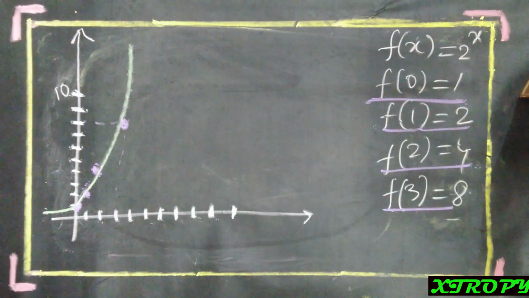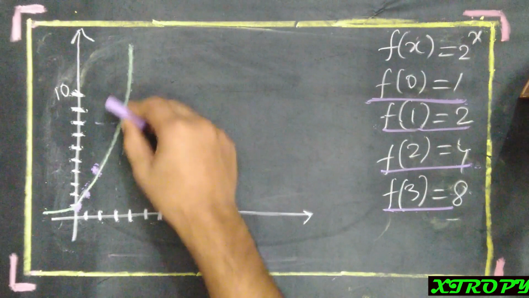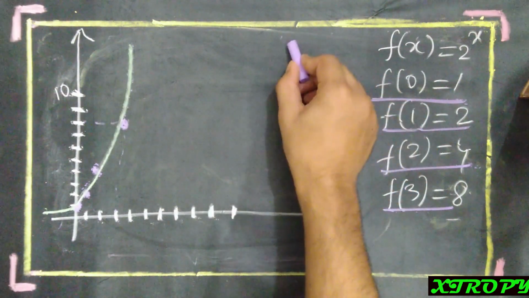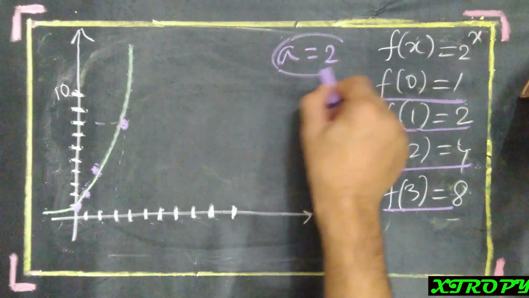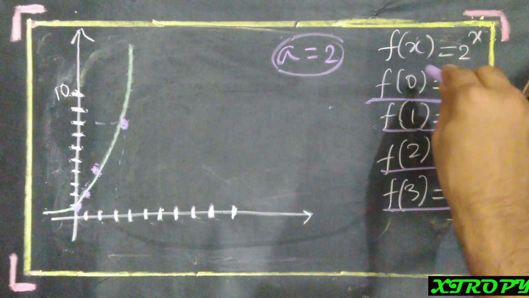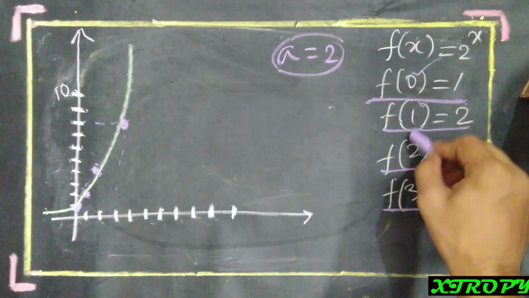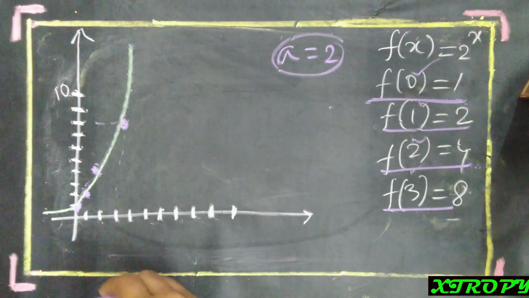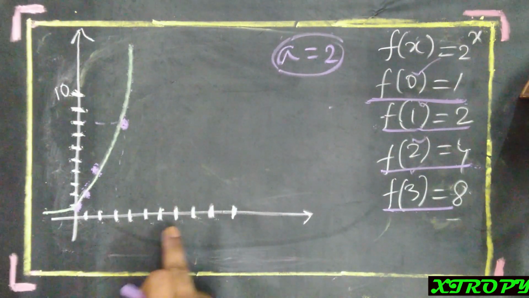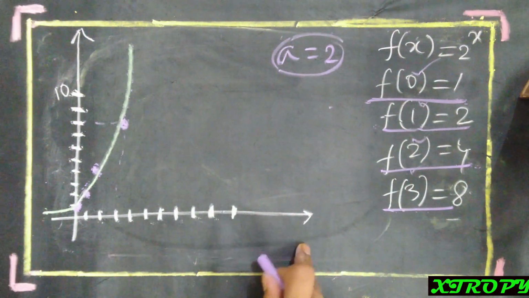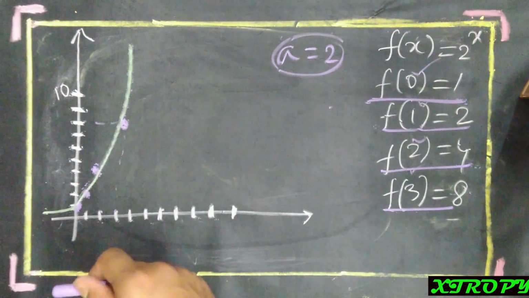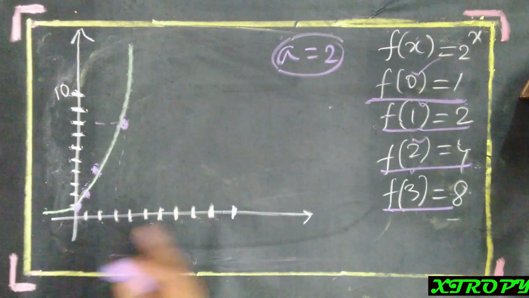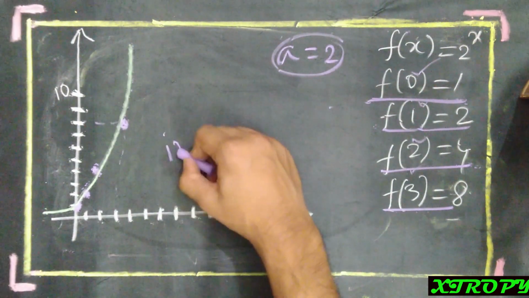So this is a rough example of how the graph of an exponential function looks. To draw a sample graph, we took the value of a to be 2 and then we gave various inputs of x. First we gave 0, then 1, 2, 3. As you see, if we take the value of x to be approaching infinity, the value of y also tends towards infinity and even at a faster rate. So this is an increasing function.